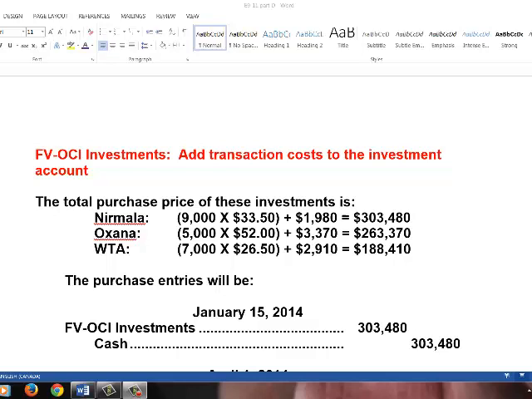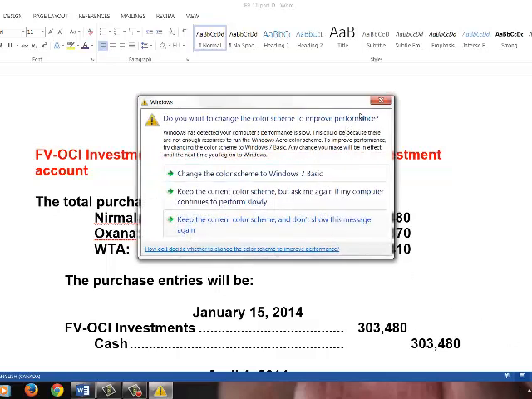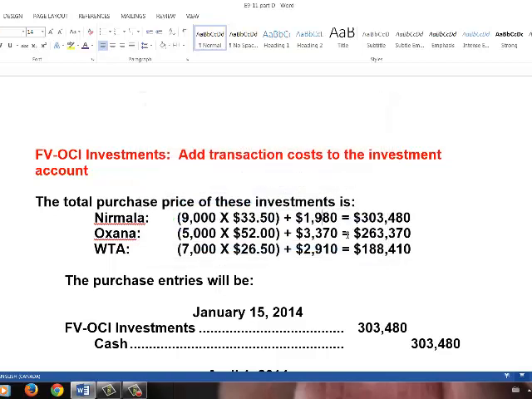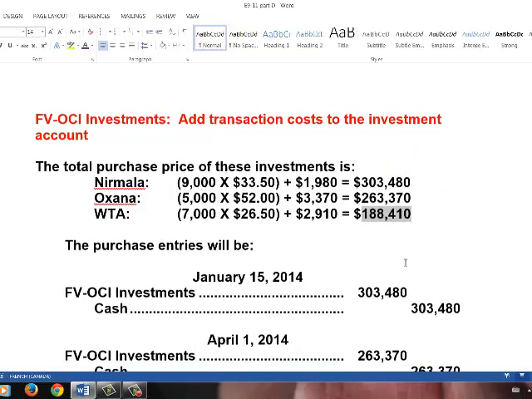However, because they paid brokerage fees of $1,980 for Nirmala, $3,370 for Oksana, and $2,910 for WTA, we now have extended costs for each of these investments as I'm highlighting here. So now when we go and record the purchase of each of these different shares, Nirmala, Oksana, and WTA,